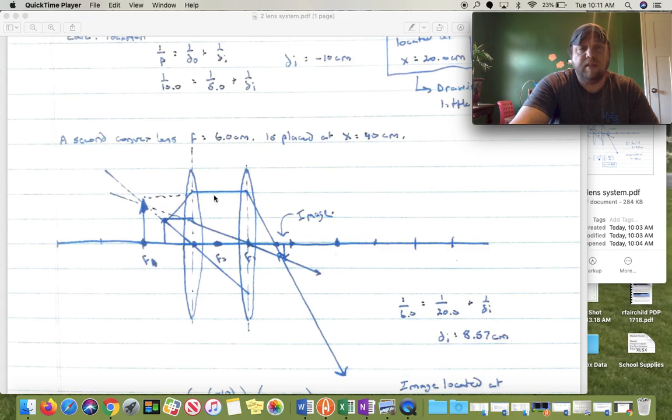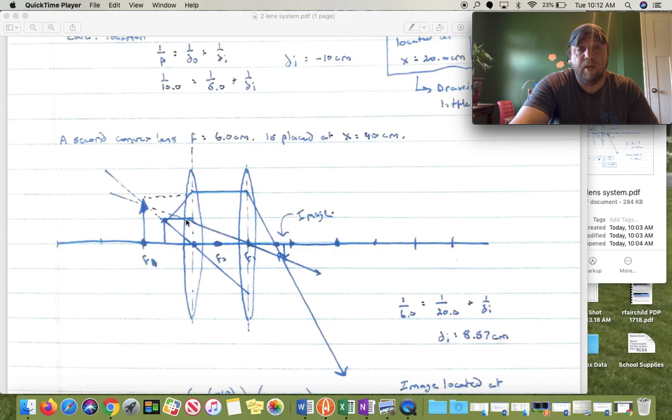So what I did is I just took my original ray 2 and made that into ray 1. Ray 1 travels parallel to the principal axis and will refract through the focal point for this lens. So it goes straight through. And I went ahead and stole my ray 1